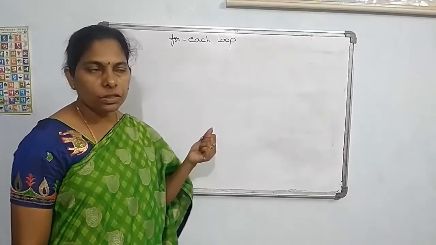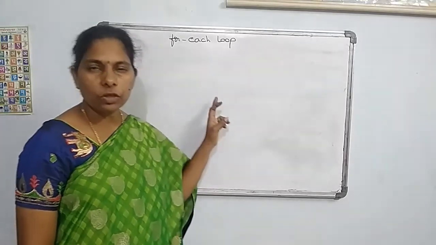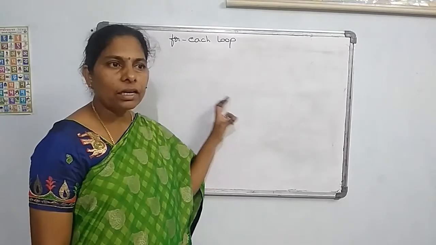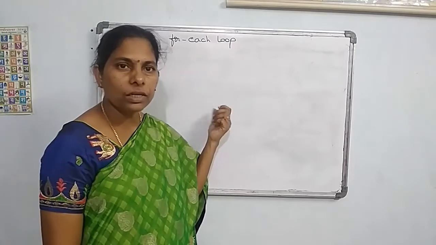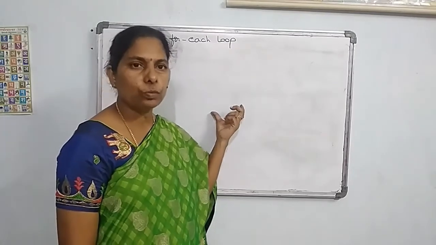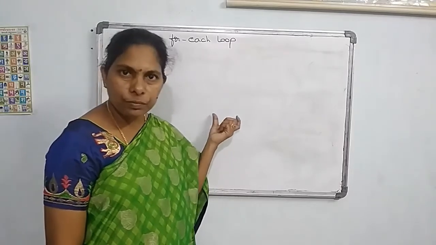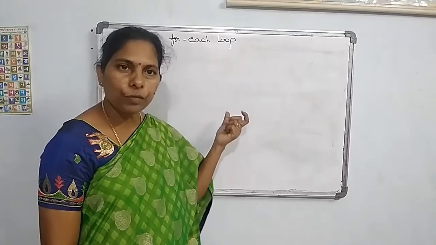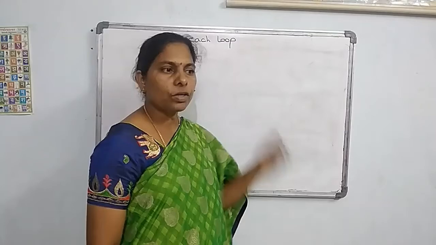The next topic is the for each loop. So what exactly is the for each loop? The for each loop is mainly used to handle a collection of elements. If you have any collection of elements, at that time you can use the for each loop. What comes under a collection of elements? A collection of elements means a group of elements. If you want to perform some process using the group of elements, at that time you can use the for each loop.